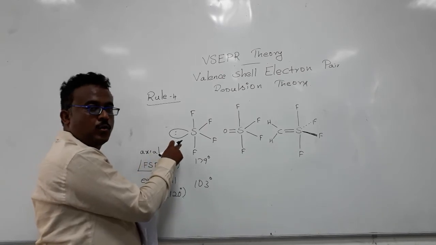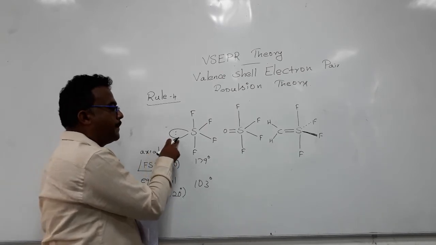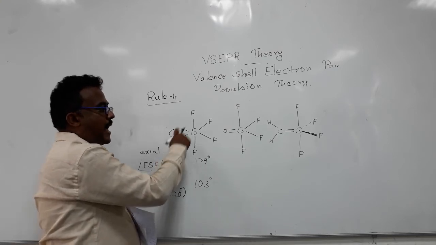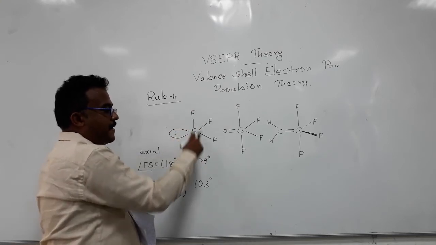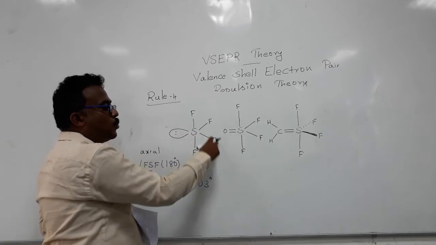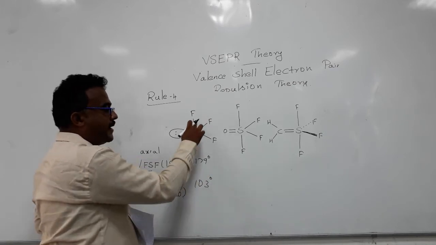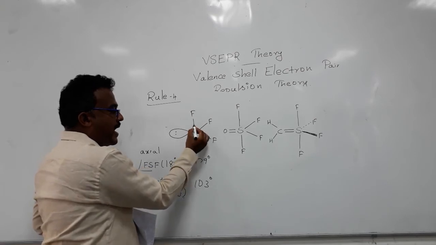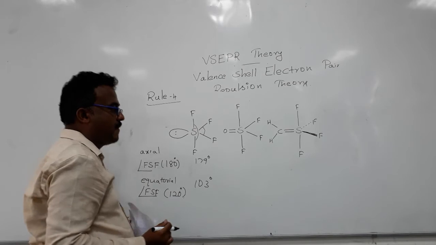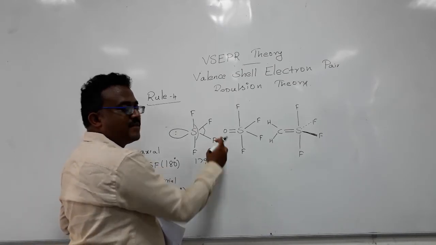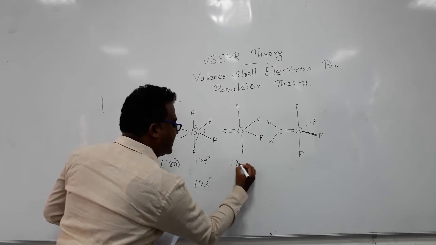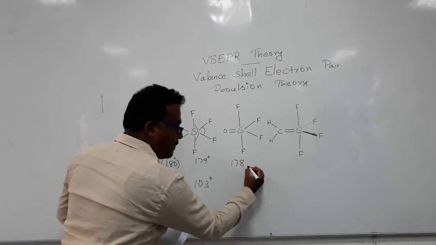Because according to rule 2, this lone pair of electrons makes more repulsion with both the axial F-S-F as well as the two equatorial fluorine atoms. So what happened? The bond angle of this one as well as this one will both decrease. When you substitute an SO, what will happen to the bond angle? Again, in this case also the bond angle will decrease, because of rule number 3,